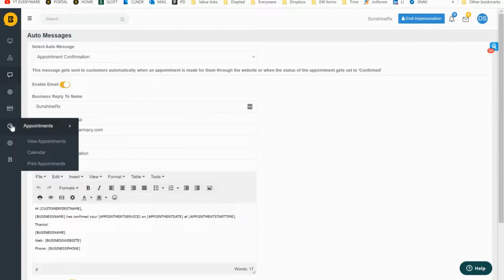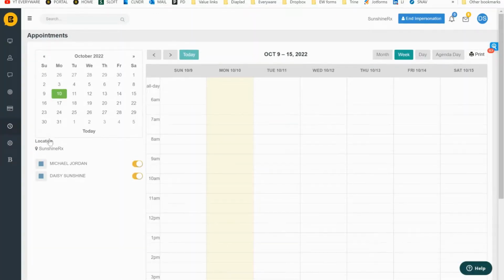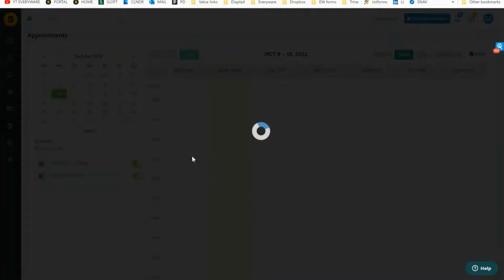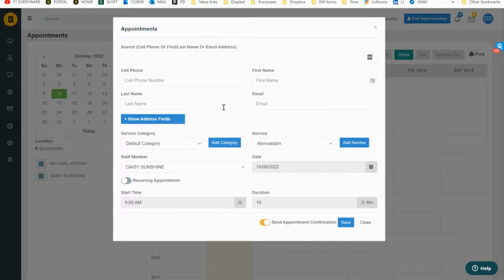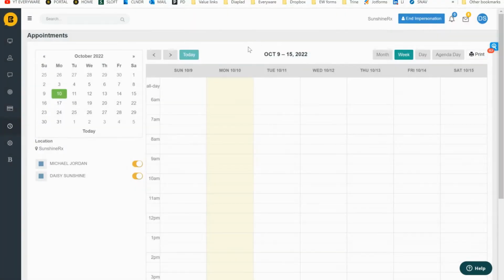Last thing I want to put your attention to is the view appointments. It's very straightforward. You would just book the appointment over here by clicking on one of the cells, one of the times. Once you click the appointment time, it's going to prompt you to fill out some information about the customer. As soon as you put the appointment on the books, they're going to get a receipt of that appointment,